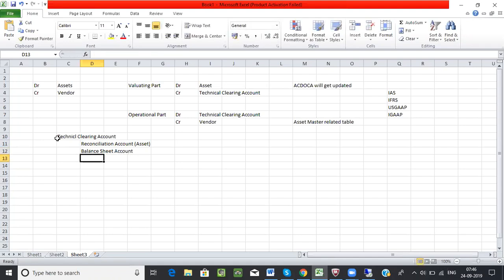I mean the GL you are picking up should not be from the range of profit and loss accounts. It should be in the range of the fixed assets. The GL is going to be a balance sheet GL. It should be a reconciliation GL, and